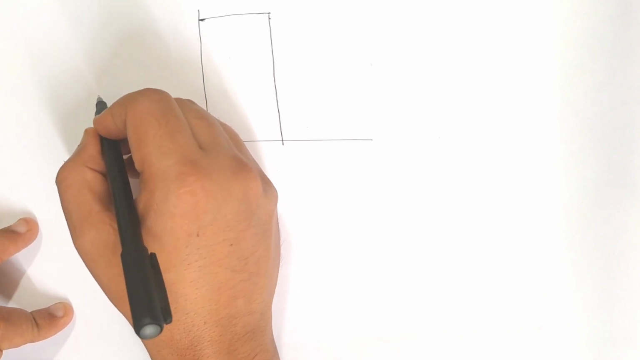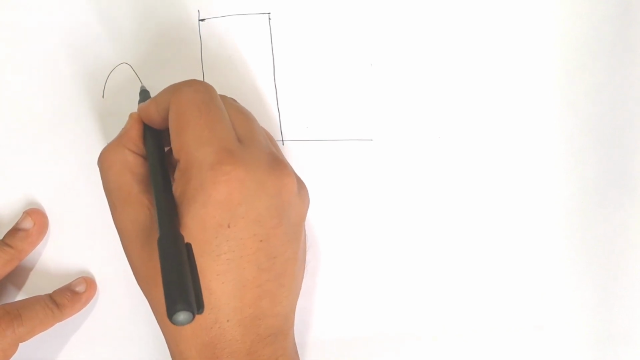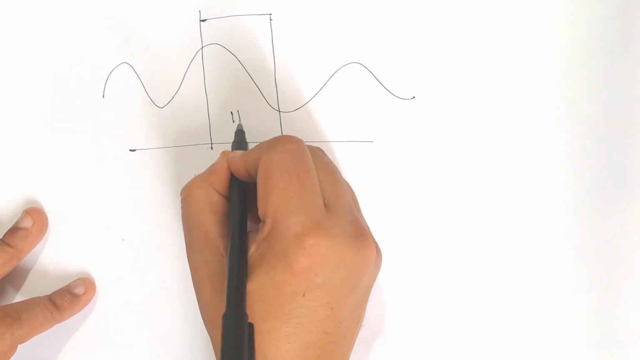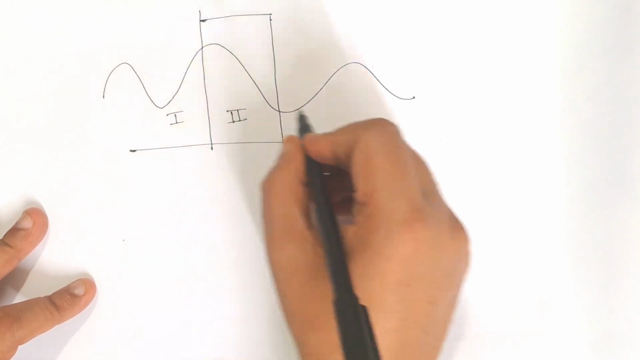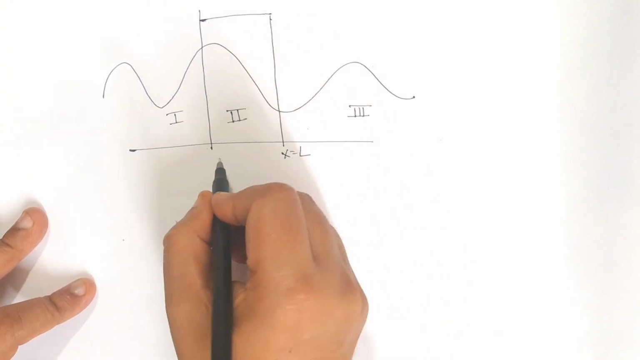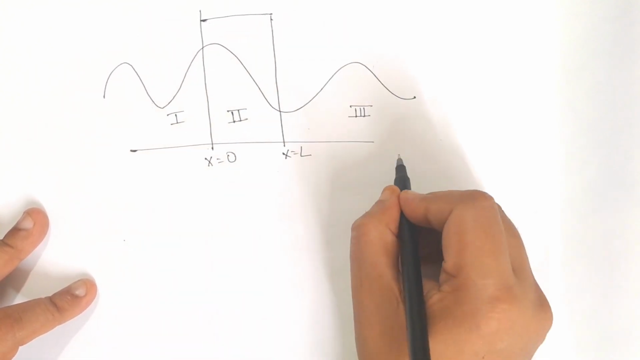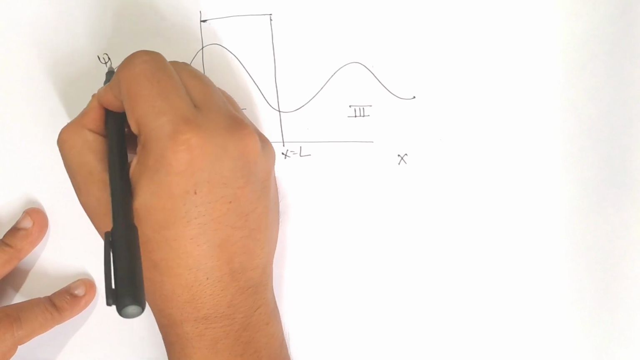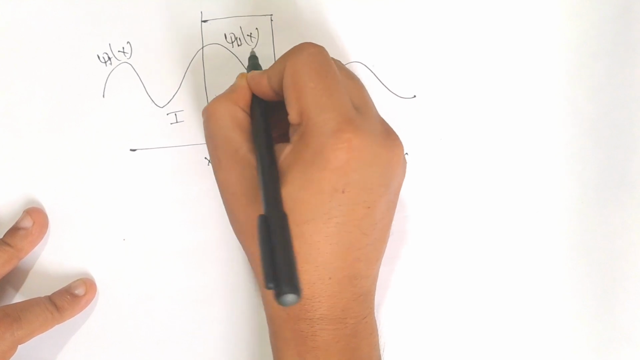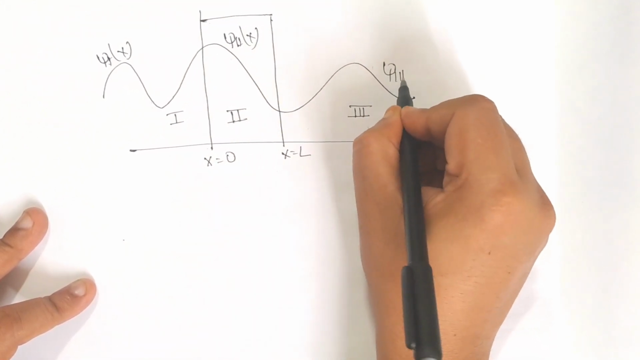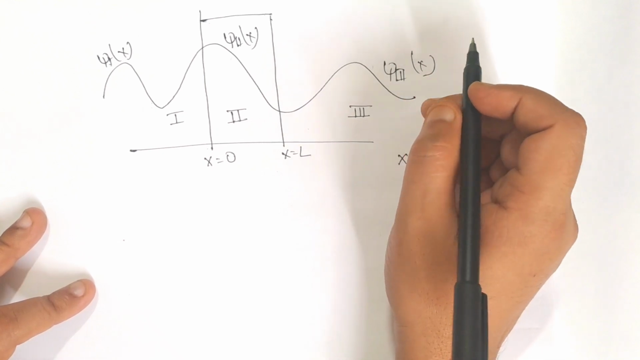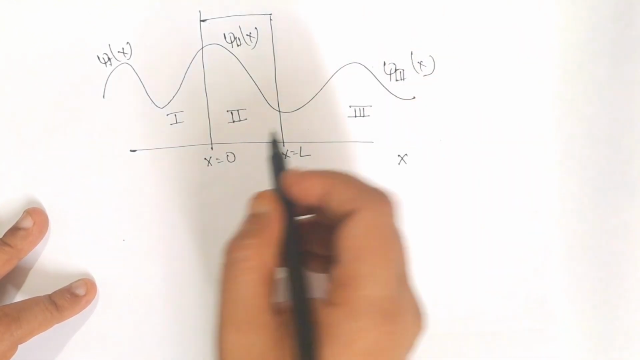wave function, which looks like an oscillatory wave function, like this one. This is region 1, this is region 2 and this is region 3. This is x equal to L, x equal to 0, this is x, this is ψ1(x), this is ψ2(x) and this is ψ3(x). And if we calculate the probability density of the wave in region 3,